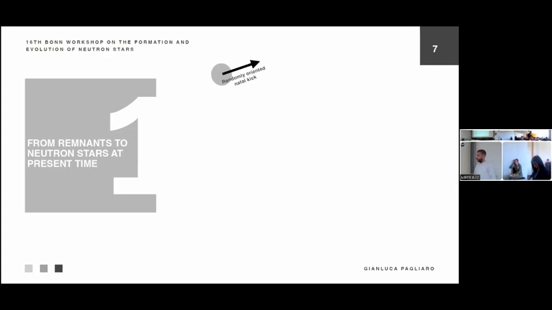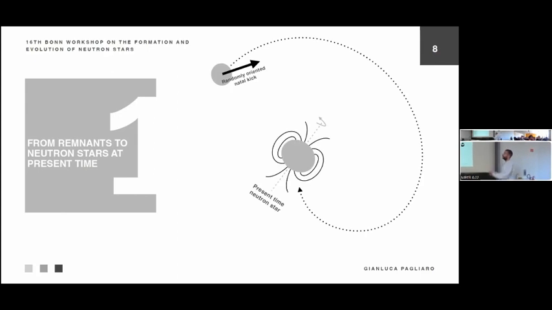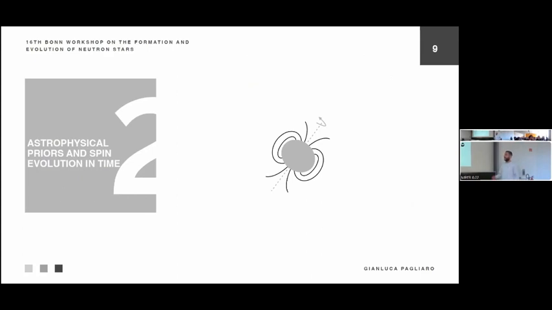The building of this synthetic data set is done in two steps. A first step where we consider the galactic remnant population and dynamically evolve it throughout the galaxy under the influence of the galactic potential, giving a present-time distribution of neutron stars. And a second step where we translate the age of the object into spin and possibly spin-downs. To do this, we assume that each neutron star is both magnetized and deformed.